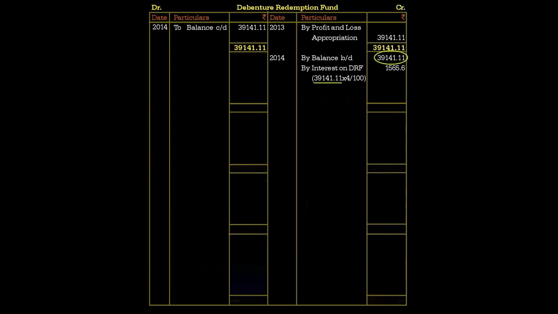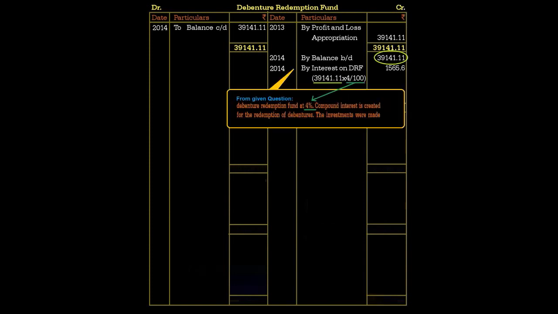That is 39,141.11 into what is the interest rate given in the problem? It is 4%. Debenture redemption fund at 4% compound interest is created. So the interest is 4%. So 39,141.11 into 4%, that comes to